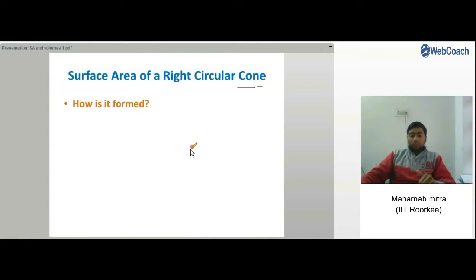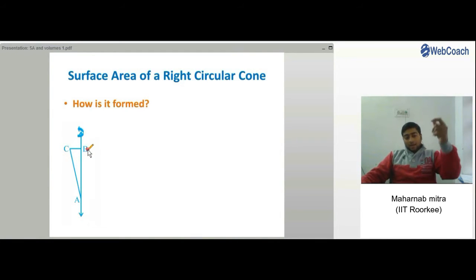Okay, now let us talk about the right circular cone. Now how is it formed? Again, we draw a straight line, and we take a small right triangular cardboard, right? Because we are trying to obtain a right circular cone, and therefore we are taking a right triangle, and along the axis AB, we are making it rotate,